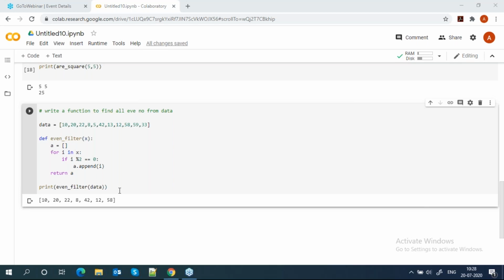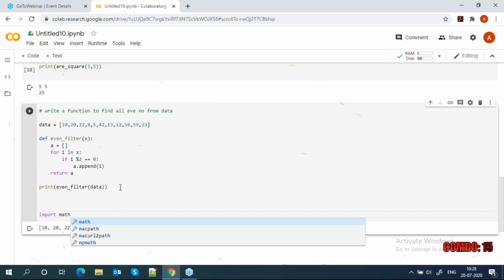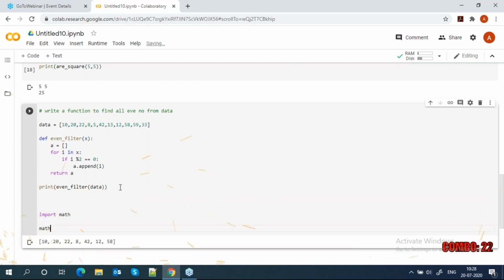Where can we find a list of ready-made functions? You need to use a library. Like we have the library import math, you can use this math library.